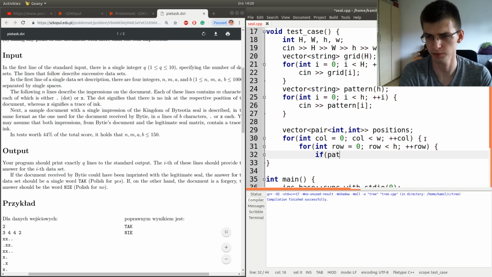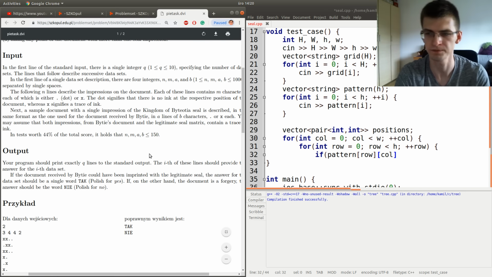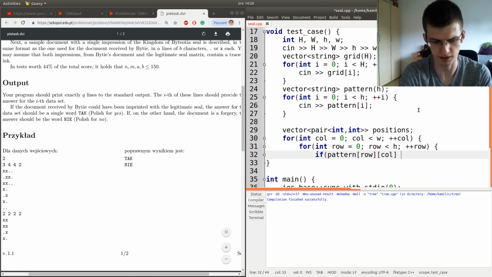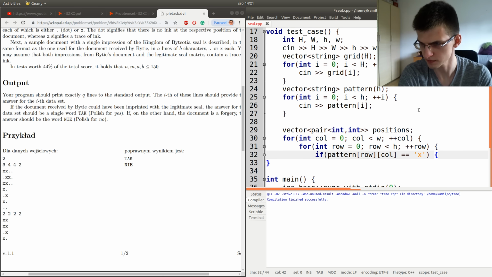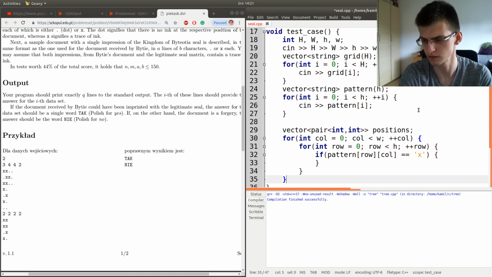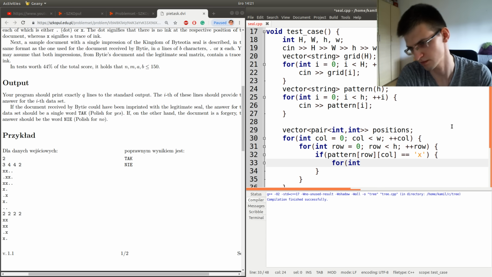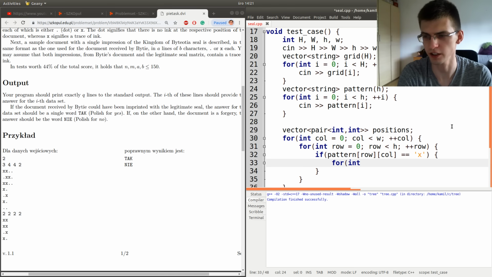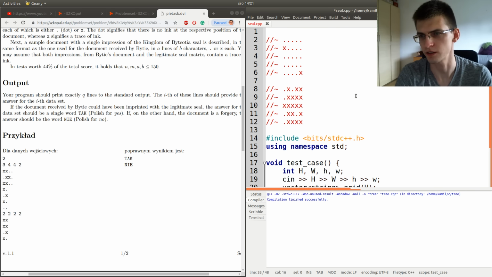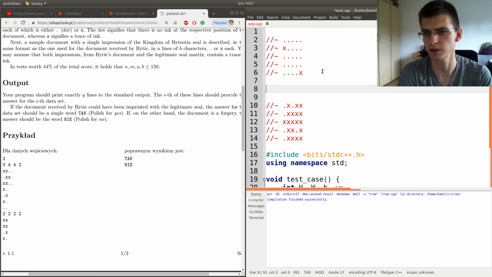And in pattern of row call, row goes first, because we've read row by row. If this cell is X, then we do something. Here we know that row call is the position of the leftmost X in pattern, and let's now iterate over all the cells in the matrix. For example, here we knew that the position of the leftmost x was 0, 1.